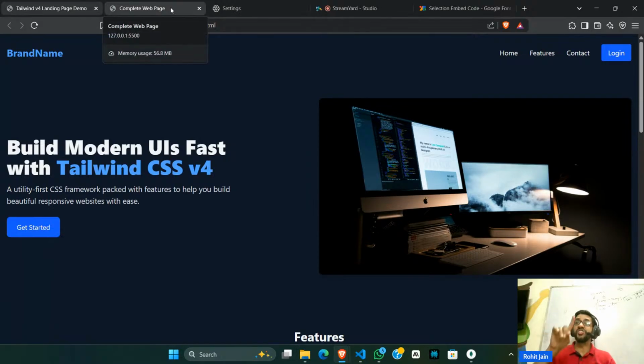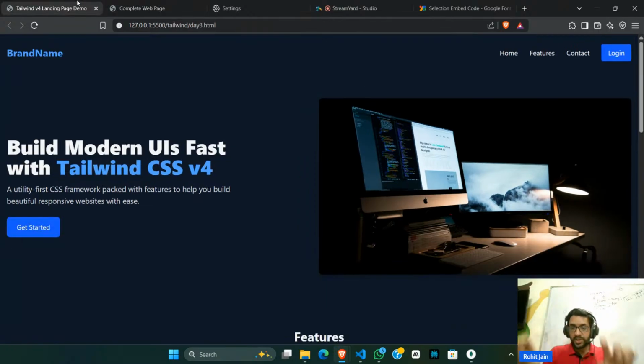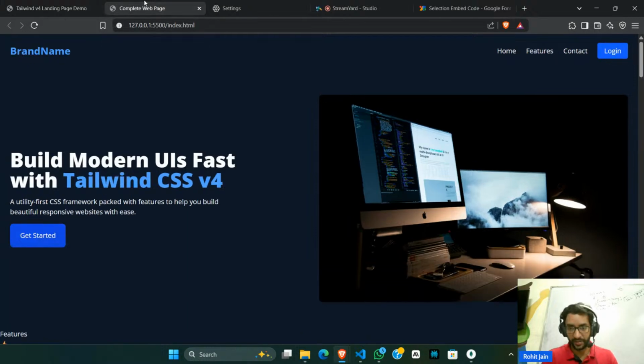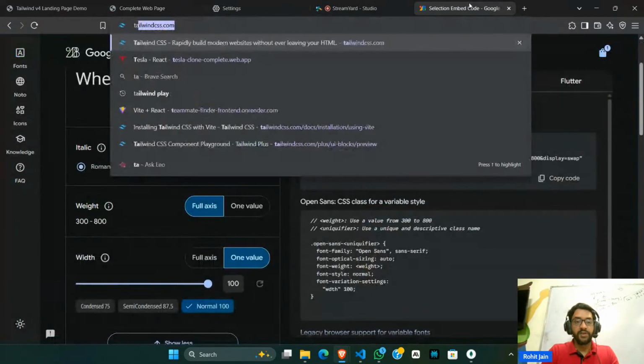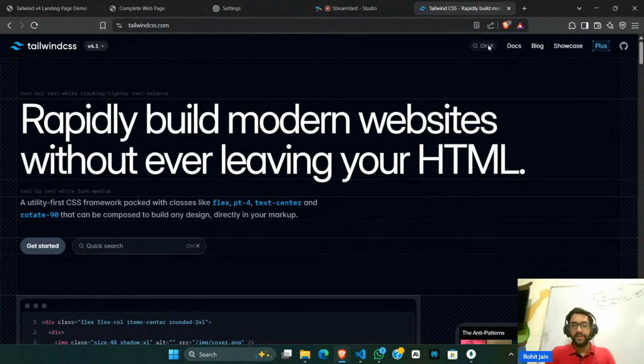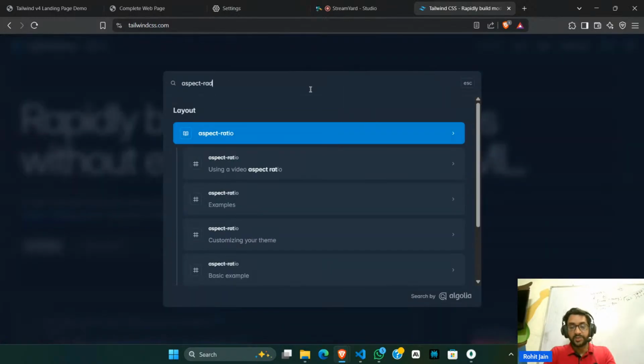I will not be changing the width and the height. Without actually changing the width and height, I will make this squarish looking image into this kind of an image. Let me tell you a very good property. Let me show you that as well. So if I go to the Tailwind website, if I search for a property called aspect ratio,